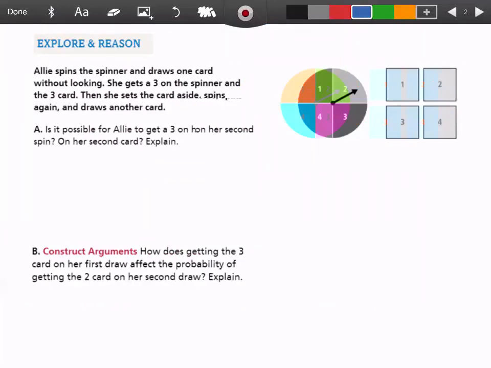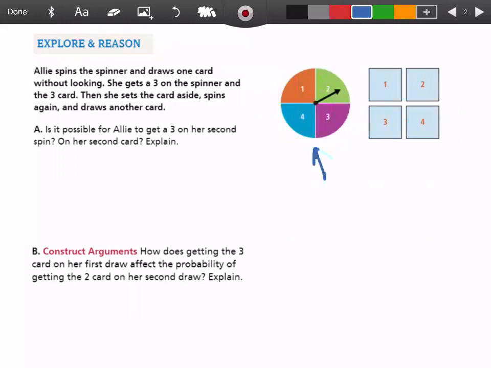Allie spins the spinner and draws one card without looking. She gets a 3 on the spinner, and she gets a 3 for the cards. Then she sets the card aside, spins again, and draws another card. Is it possible for Allie to get a 3 on her second spin? It is possible, because